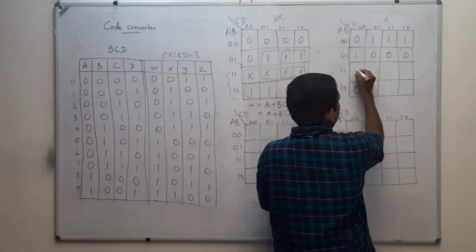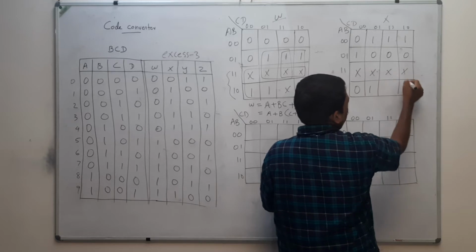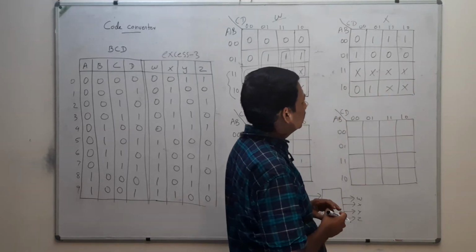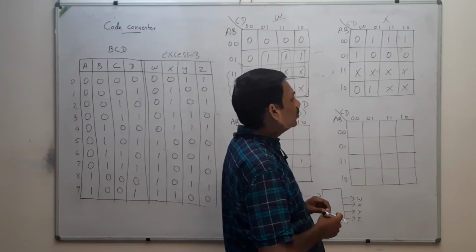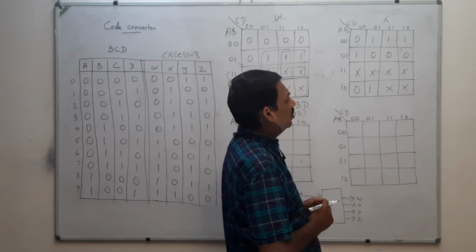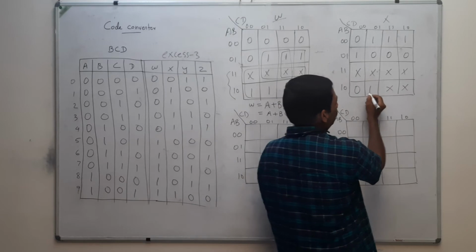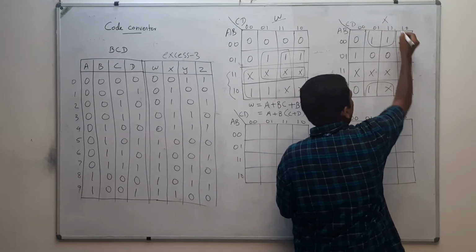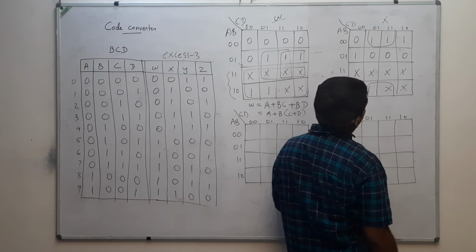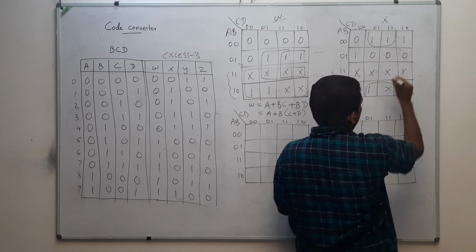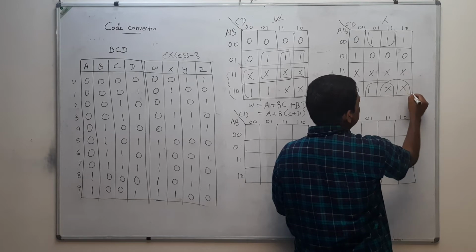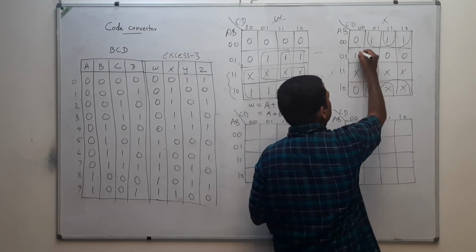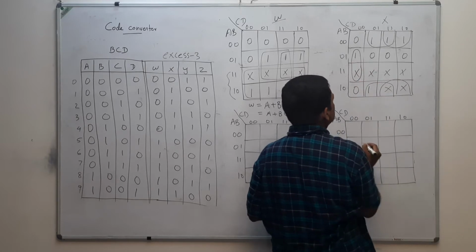Okay. All the remaining elements are don't care. See, these are all don't cares. Now we are going to have groups. Now, to include this and this, we have a group. Then to include this one, I am going to have another group which is this and this. After this, here we are going to have a group like this.